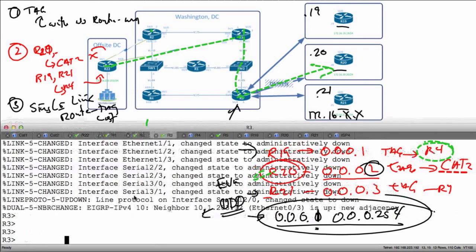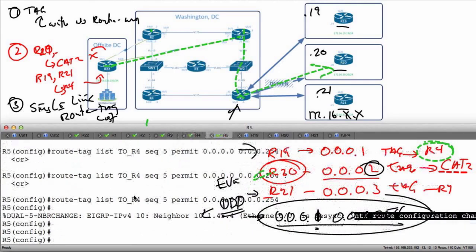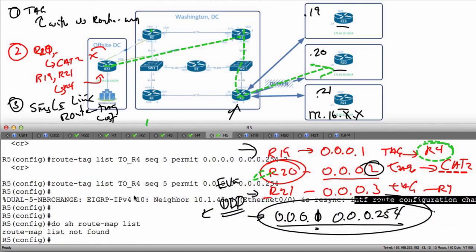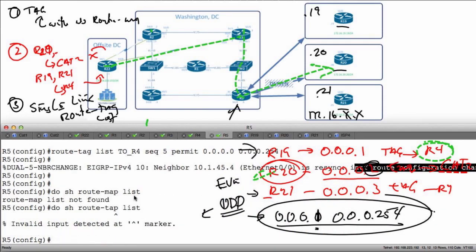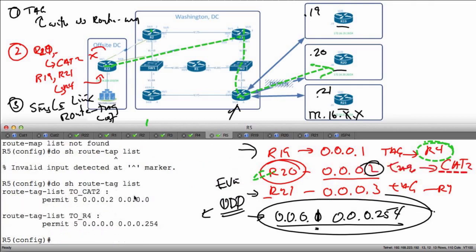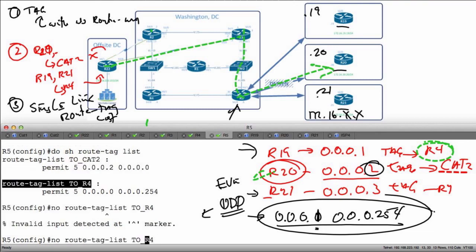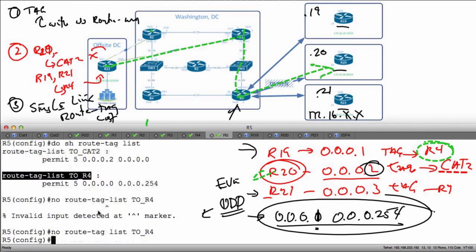Just trying to highlight some common mistakes, some things that we may do. Let's take a look at this. Let's say show run, let's just say do show route-tag list, sorry. Well, here we have it, but my problem here I think is where we use this value here. So let's go ahead and remove this and we'll re-add it. Go ahead and recreate it. Route tag list